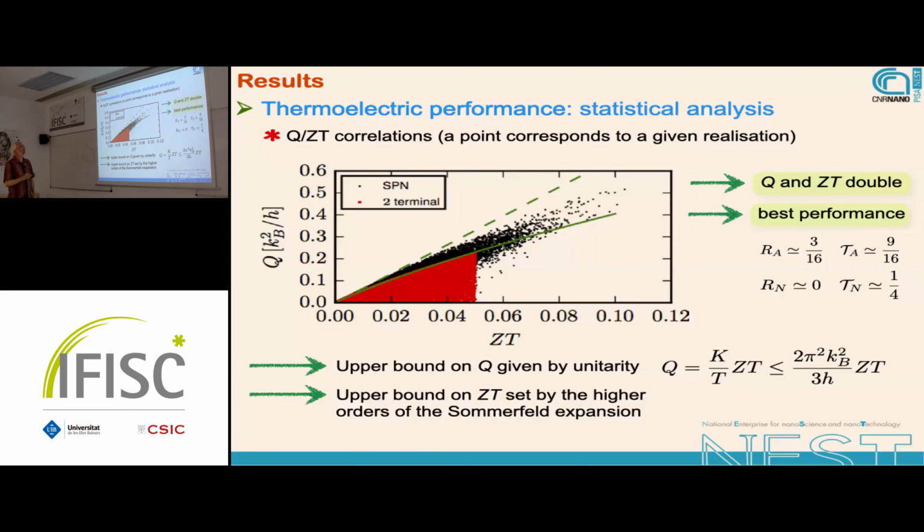If you know exactly how to realize this system here, you basically are done. And the thing is that we know the parameters, so we know that this point here corresponds to this scattering matrix here. But then how to do it? The best performance is found for this point. So maybe there's another point above this. I don't remember how many systems we looked at. So the point was not to